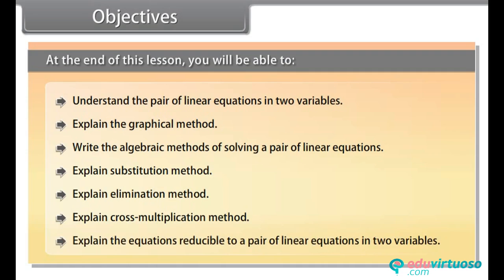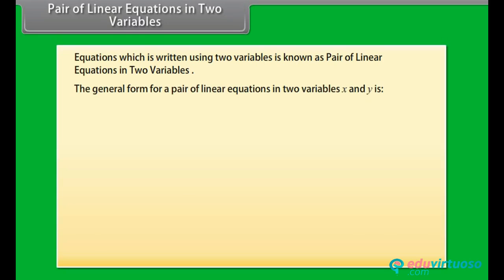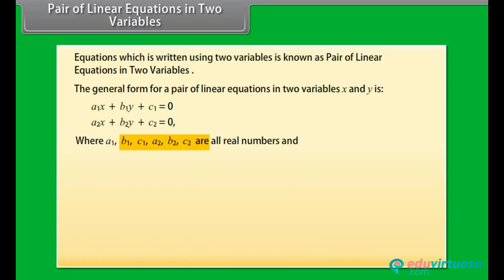Pair of linear equations in two variables. Equations which are written using two variables are known as a pair of linear equations in two variables. The general form for a pair of linear equations in two variables x and y is a1x plus b1y plus c1 equals 0, a2x plus b2y plus c2 is equal to 0, where a1, b1, c1, a2, b2, c2 are